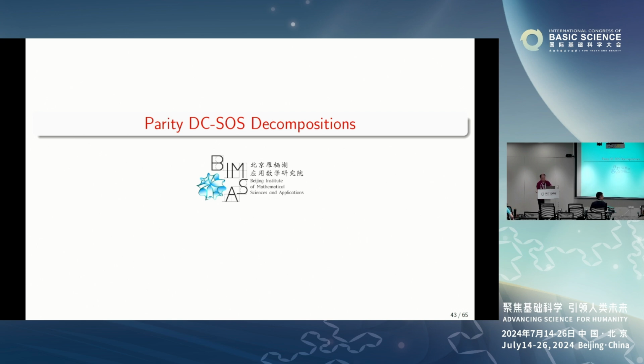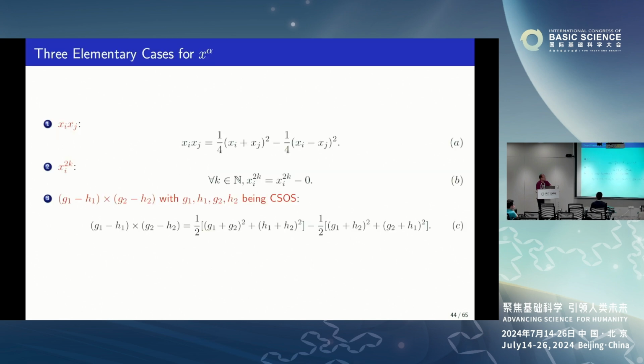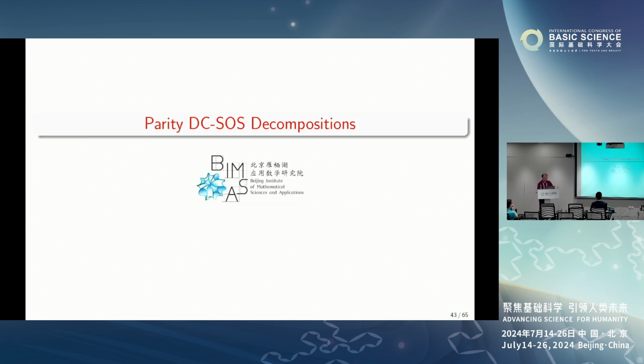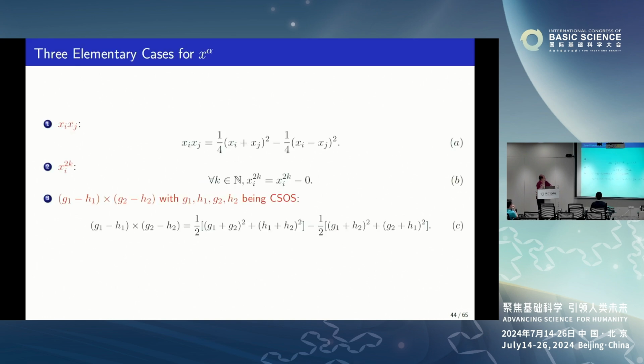Okay, the second part is about decomposition with convexity. This is the more intriguing part because we need convexity in optimization. A polynomial that is just a sum of squares is difficult to optimize. But if the polynomial is convex, based on the robust theory of convex optimization, we can get efficient algorithms in practice. The first idea is based on the parity decomposition, based on the three elementary cases